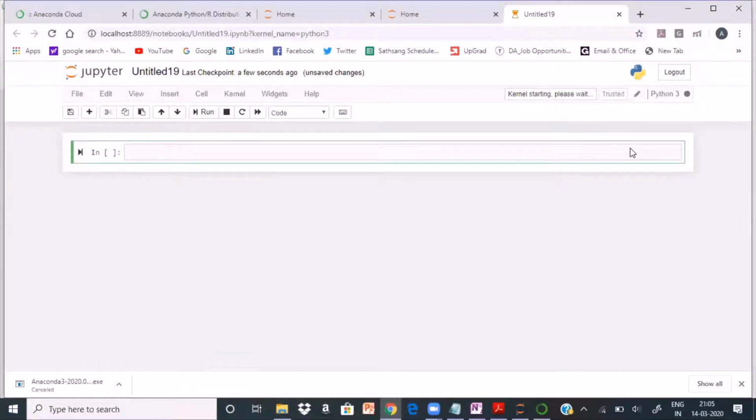See here, this is your interactive development environment for Jupyter. Did everyone reach this step?